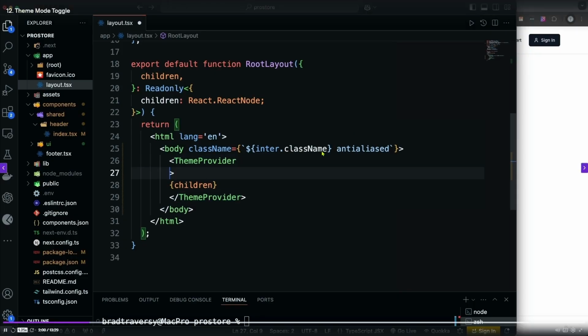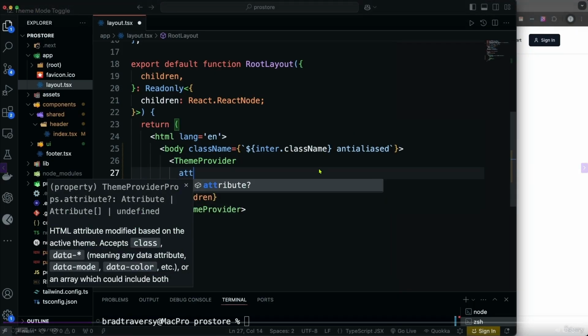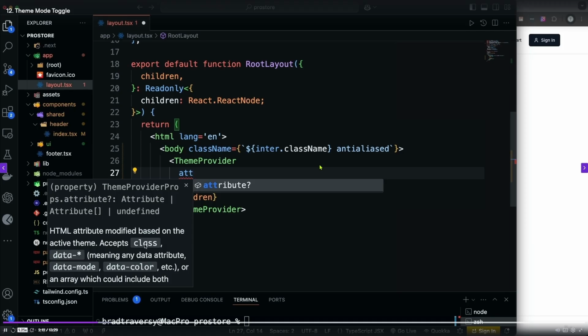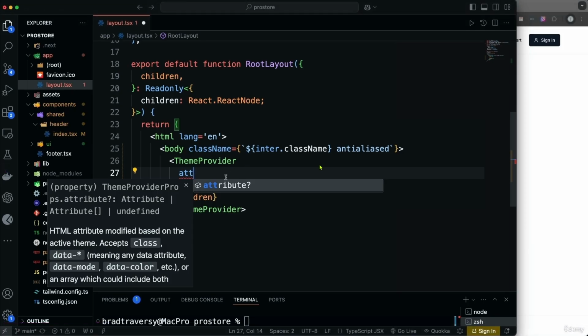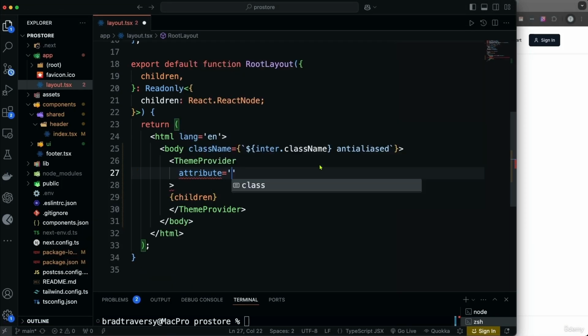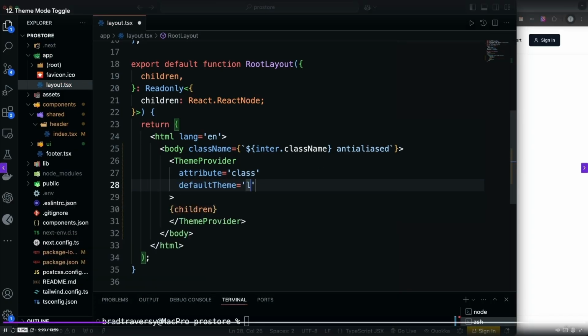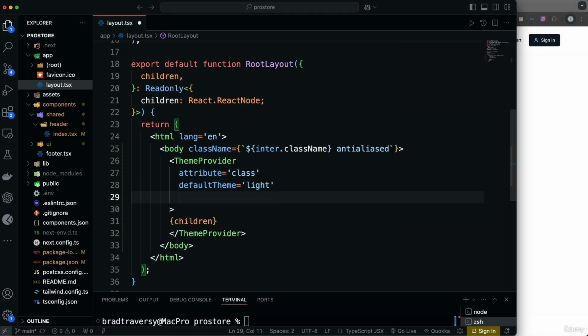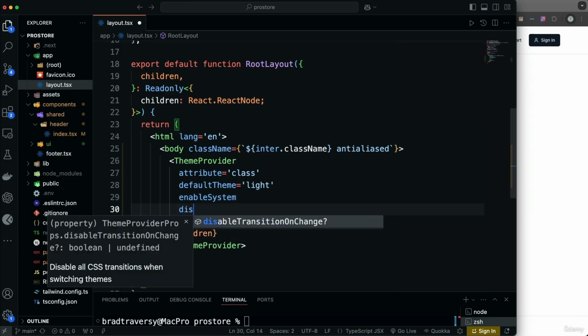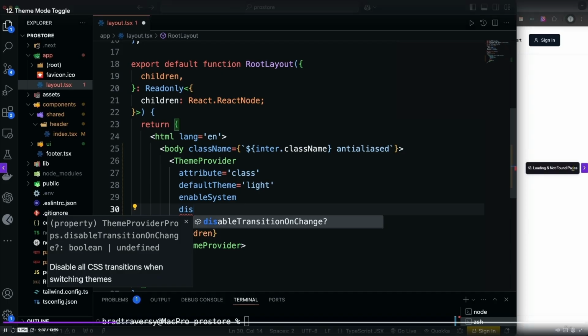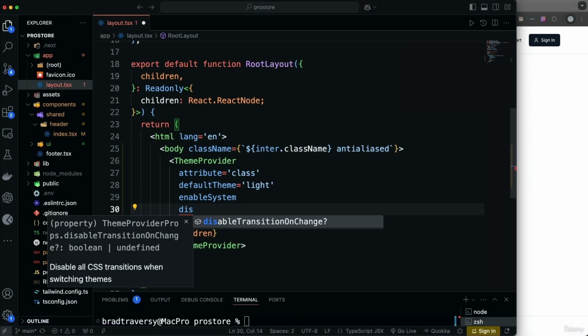And then there's just some attributes we want to add here. The first attribute is actually attribute, and it says that the HTML attribute modified based on the active theme, and it accepts class, so it can change it by class or by data attribute. We're going to use class, so just set that to a string of class. Next is going to be the default theme that you want to use. I'm going to say light. Next we have enable system, so that will enable us to have that option of not just light and dark, but also the system theme. And then also disable transition on change, which will disable all CSS transitions when switching themes, and that's to avoid